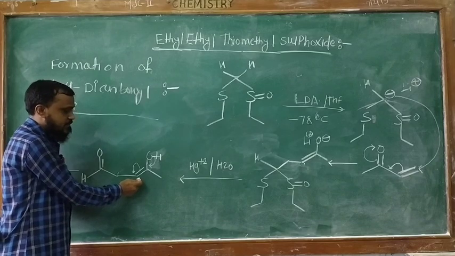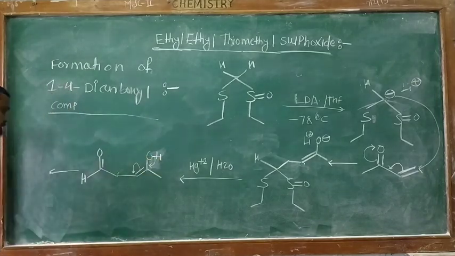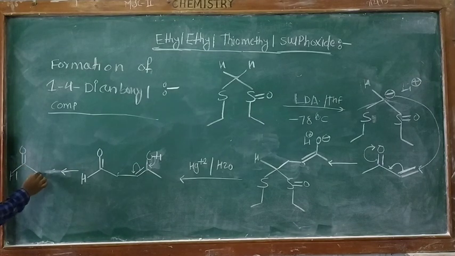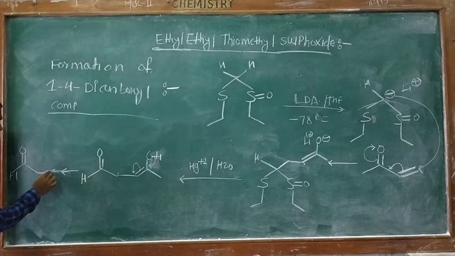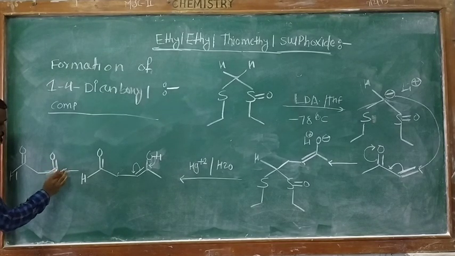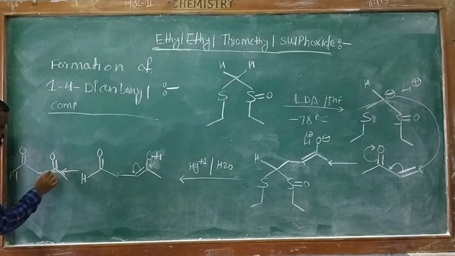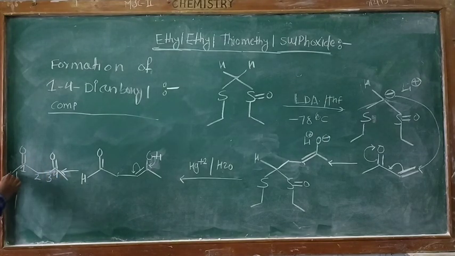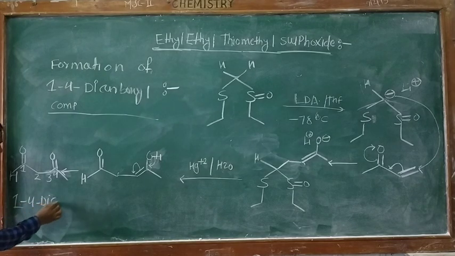This carbon becomes a negative charge species and it attracts this proton to get our final product, the 1,4 dicarbonyl compound. 1, 2, 3, 4. Okay, this is the 1,4 dicarbonyl